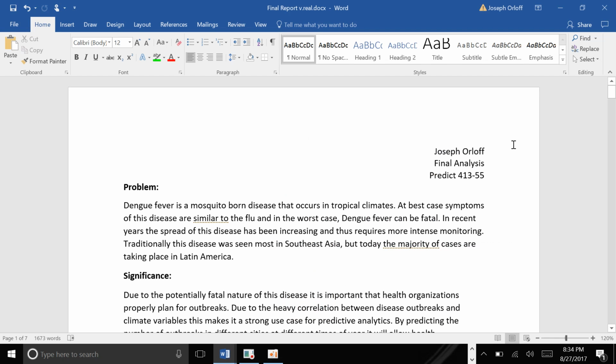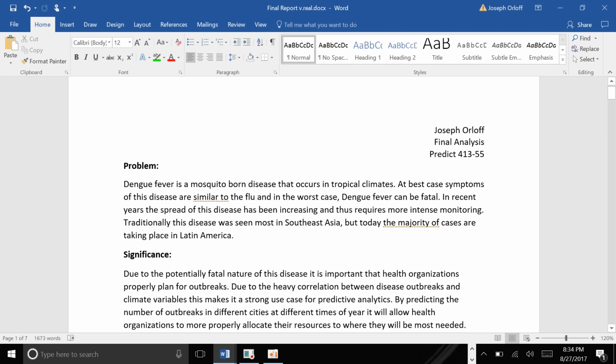I'm presenting my final analysis for the dengue fever problem on the Driven Data website. Dengue fever is a mosquito-borne disease that occurs in tropical climates, which lends itself to an interesting predictive analytics problem due to the fact that you can potentially track mosquito behavior and thus the spread of dengue fever through climate-based variables to try and see where potential spikes in this disease will be seen and at what times based on